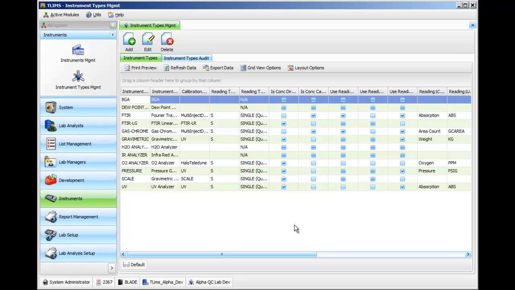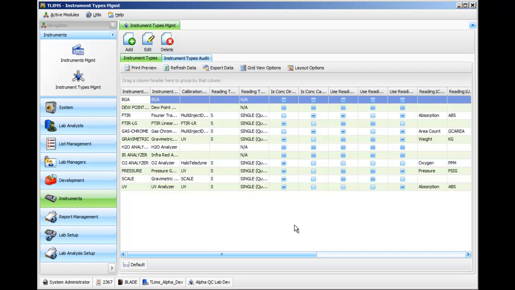In all of our applications that we deliver, most of the time we have to deliver the data into a grid format. And the demo today is really meant to show you exactly how our grids work. So to do that, I'm using our LIMS system, which is a laboratory information management software package, to show you how we're looking at one particular grid called the instrument types management and what we can do with our grids